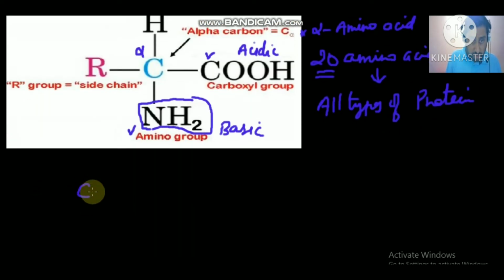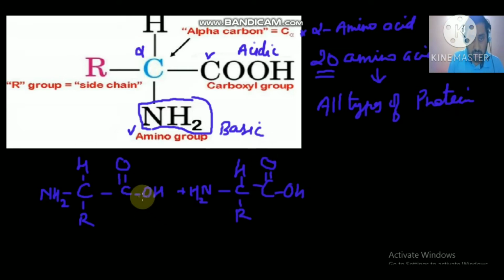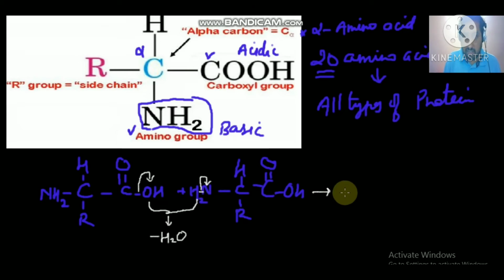Now see what is the polypeptide chain. When two amino acids are combined together, here I will put NH2 group and here carboxylic acid. Okay. When these two, one amino acid and then another amino acid, I will put NH2 here and then CHR and C double bond OH. Now when these two amino acids are combined together, this amino acid will lose this OH minus group, this amino acid will lose one of the H plus, and H plus and OH minus combined together will generate one water molecule, and the resultant structure will be